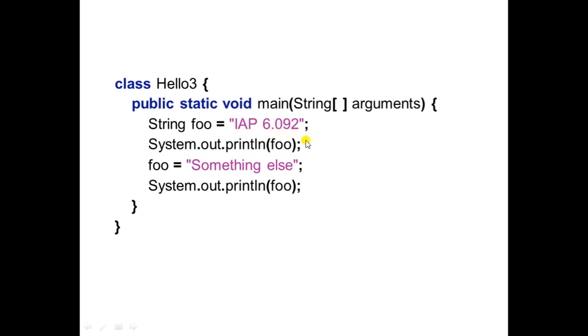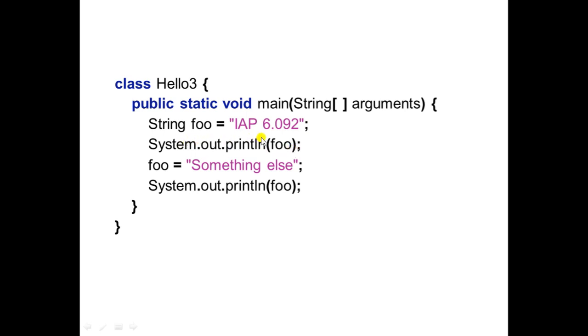So what will happen in memory? One block will get created with the name foo of type string and with the value IAP 6.092, right? Next line, System.out.println(foo). What happened?